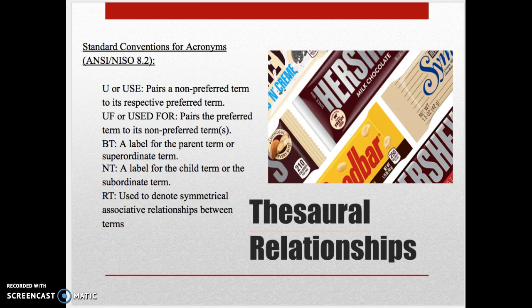Conventions used for determining thesaurus relationships. We use the ANSI-NISO acronyms in our hierarchical thesaurus to convey relationship. An example of use is: the cacao pod, we use the cacao fruit. An example of broad term is Brookside, and another example is the Hershey's Candy brand. An example of a narrow term is dietary restrictions and kosher. An example of the related term is Jolly Rancher or the corn syrup.